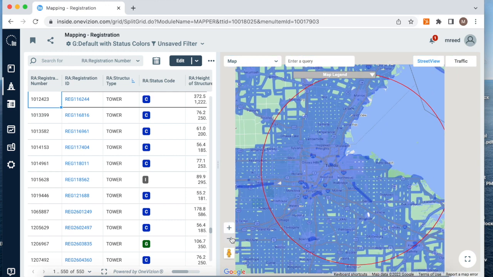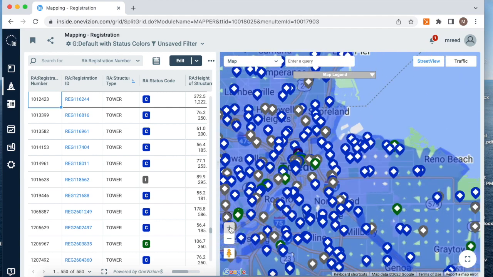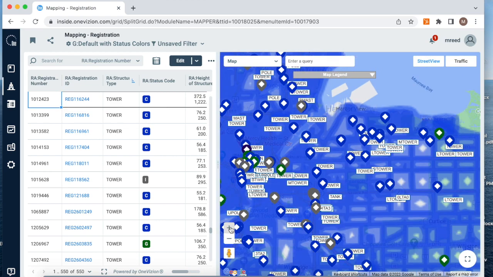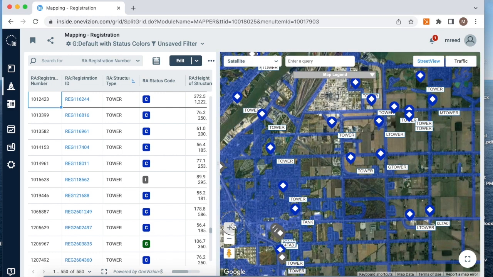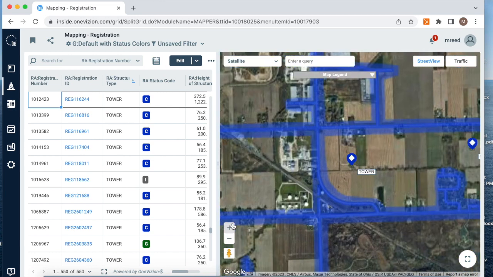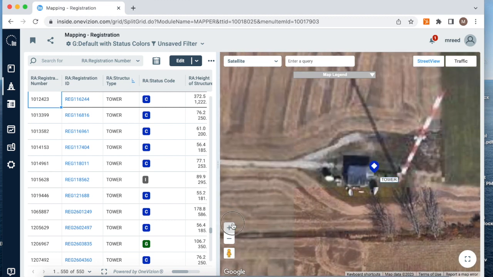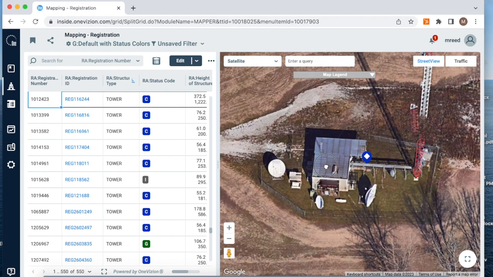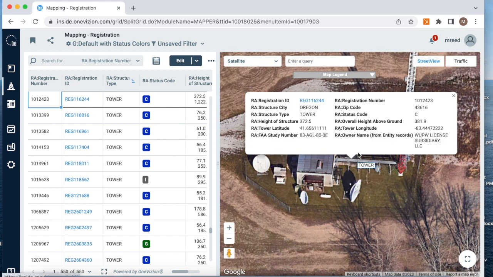Here are the results. You can see that the radius is outlined by the red line. You can use the map to zoom in, and you can even switch to different views like satellite and continue to zoom in until you see the actual tower. If you hover over the little icon, it will also show you a quick look at some of the data